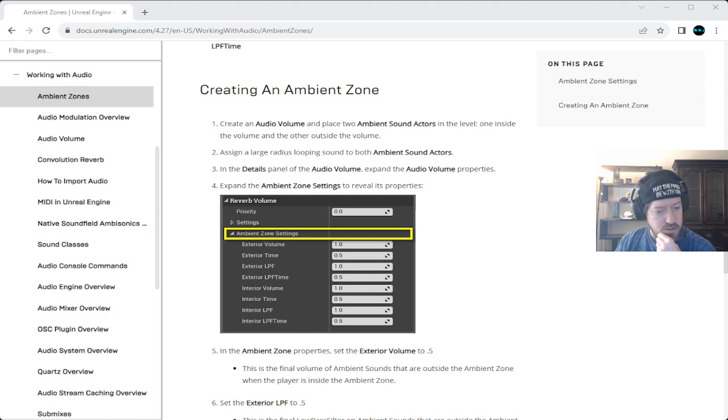Let me quickly open up. Yeah, I see in the starter content there is an audio folder. It doesn't have much, but it has some.